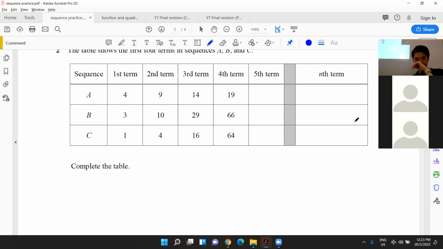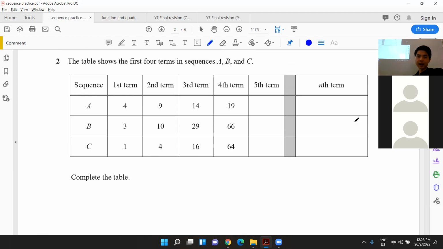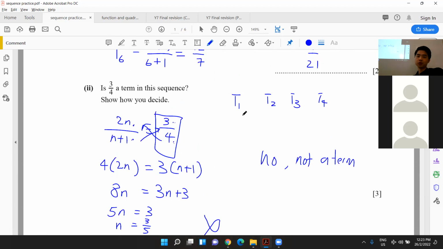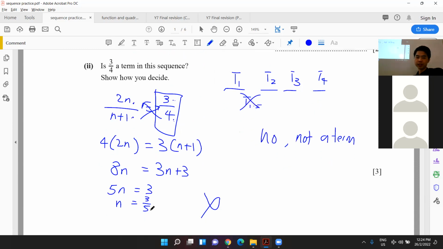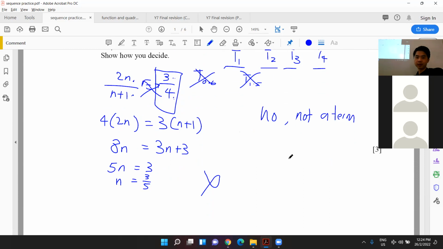And this next part here, I have in the first line, sequence A, arithmetic sequence, sequence B. Sorry, can you explain again why it's not part of the term of the sequence, the previous sequence? Because usually we're only looking for term 1, term 2, term 3, term 4. We won't look for term 1.5, right? Okay. So in this case here, the term is term 0.6. Okay. So it's before the